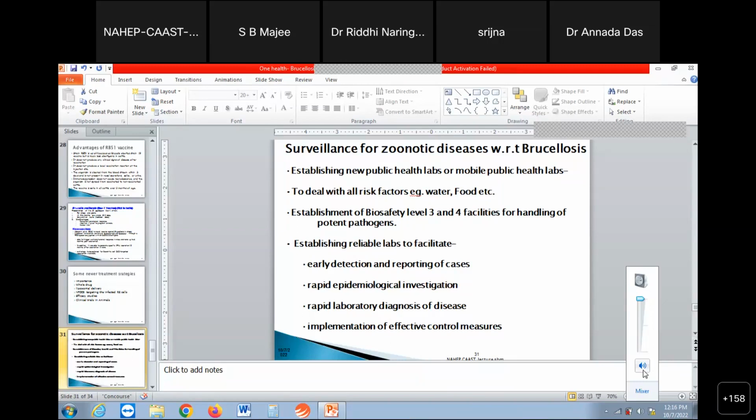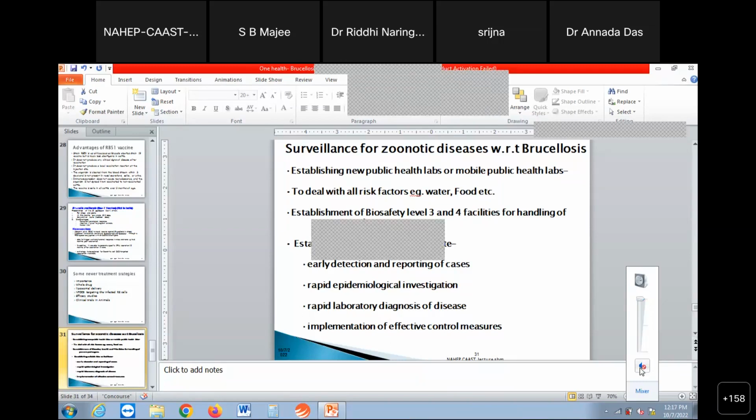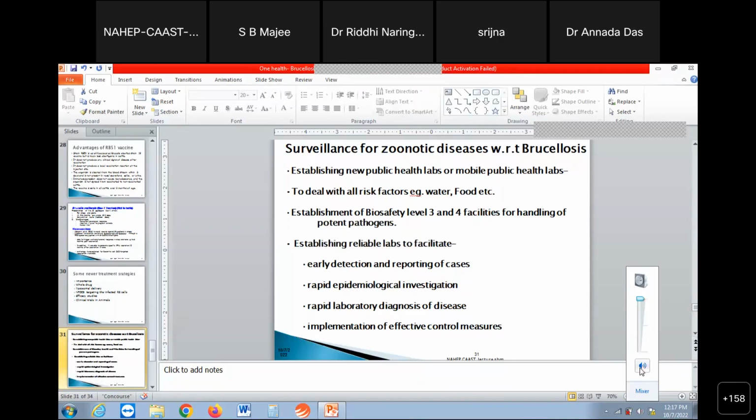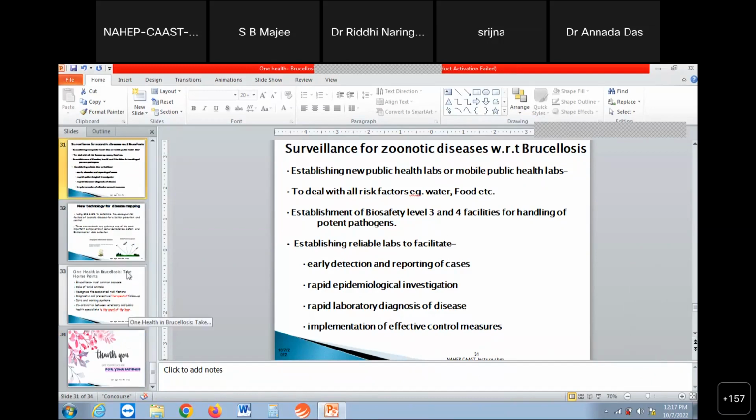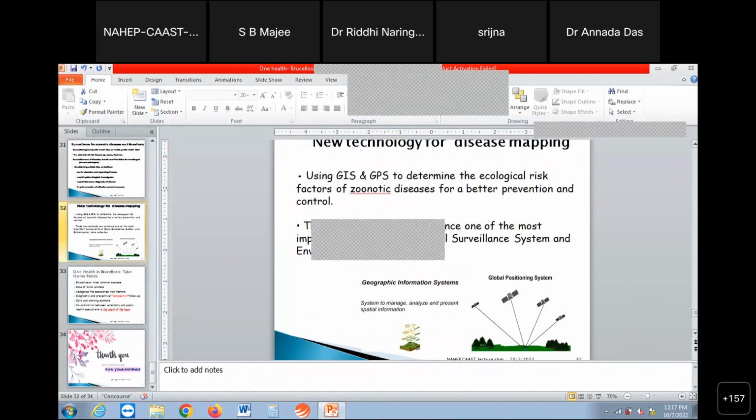And I told you that to coordinate ecologists, public health specialists and others, and government forest officials, and all the people together. So implementation of effective control measures can only be taken once we have a good coordination between all these authorities. So this is one very important aspect as far as public health is concerned. The next